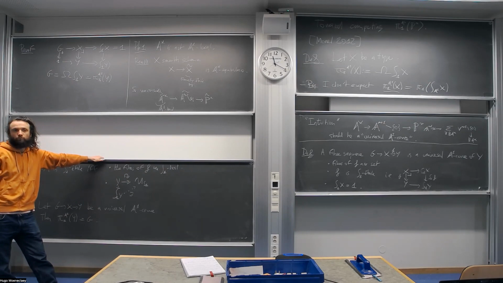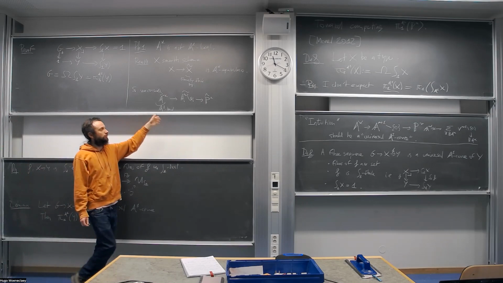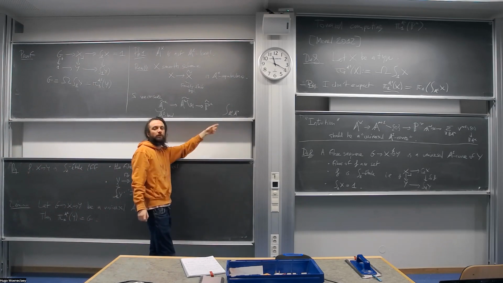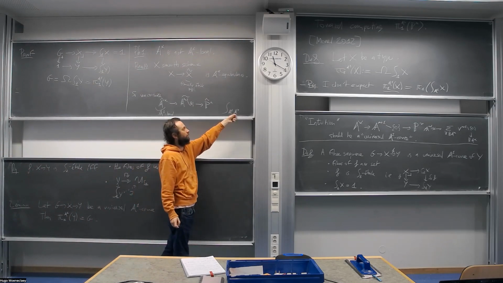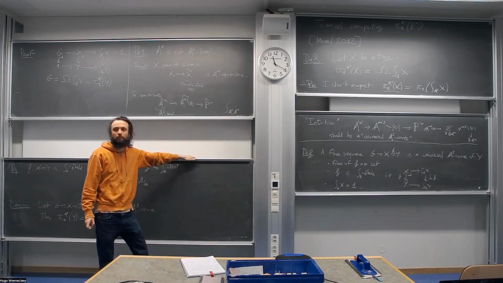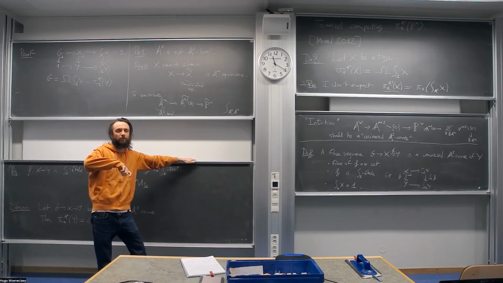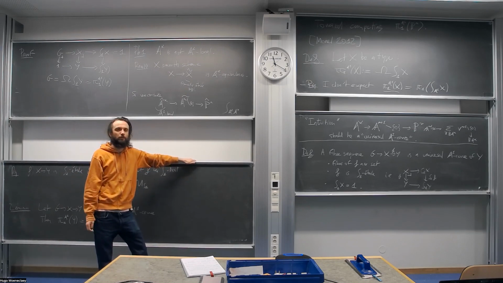So what do you mean? How should we do this? You mean localize not only at A1 but also at the units. Here you don't say that what you want is for this to be local. If you localize at the units as well, you make them contractible. So you force things to be contractible, but you cannot force them to be a group, if you see what I mean.